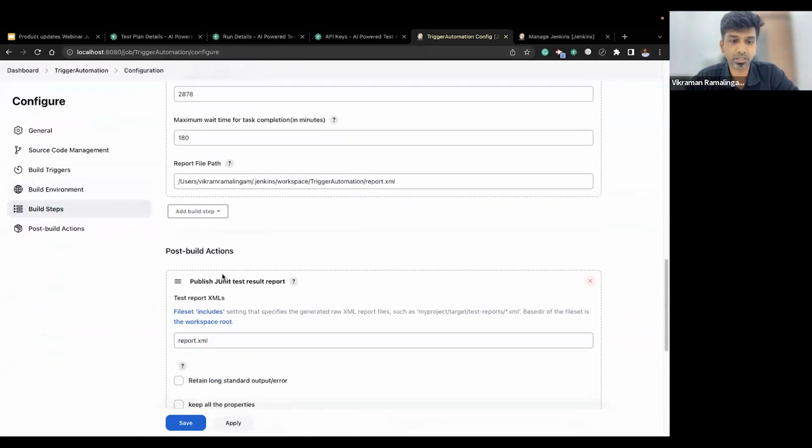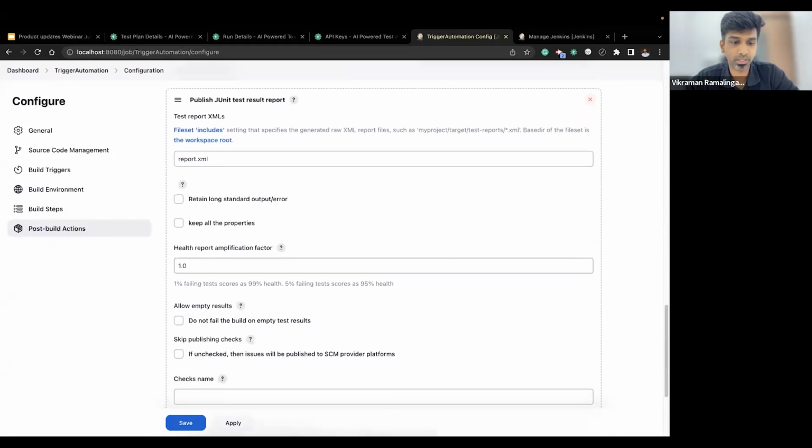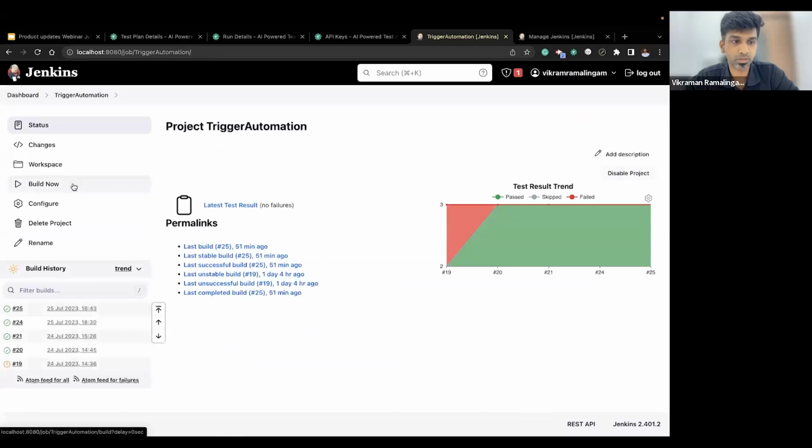that you can also do via these post build actions. This is a third-party plugin called JUnit test result report. So the same report.xml file, you can mention it over here and you can click on save. And once you click on build now,